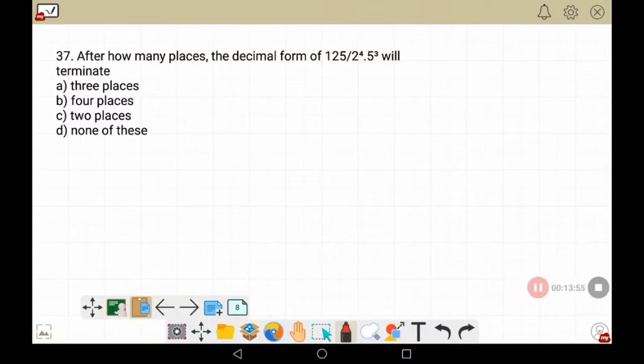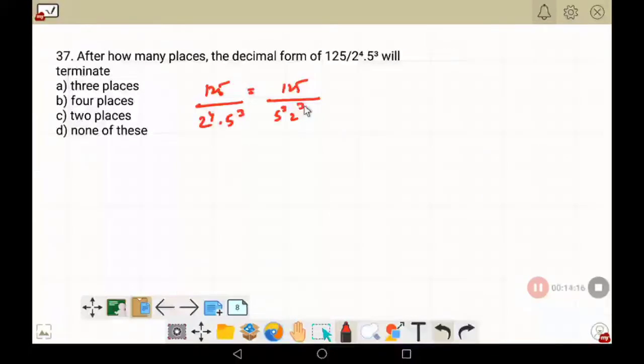Next, after how many places will the decimal form of 125 upon 2 to power 4 into 5 to power 3 get terminated? Very easy question. Look here. Here 5 to power 3 and 2 to power 3 into 2. So this will take 3 decimal places, and this 2 will take 1 more decimal place, that is 4 decimal